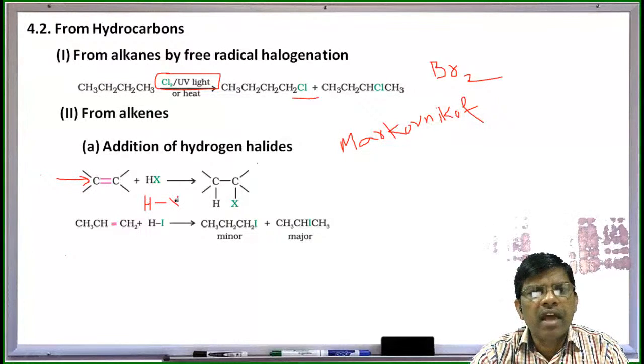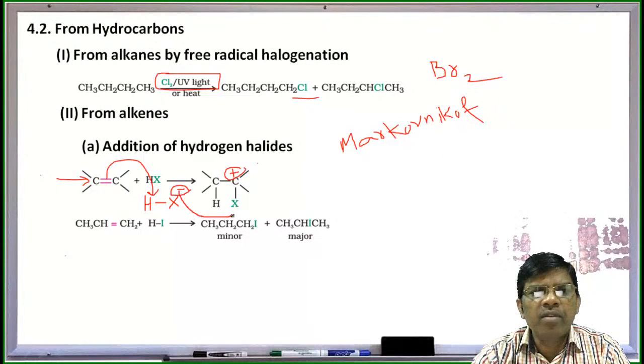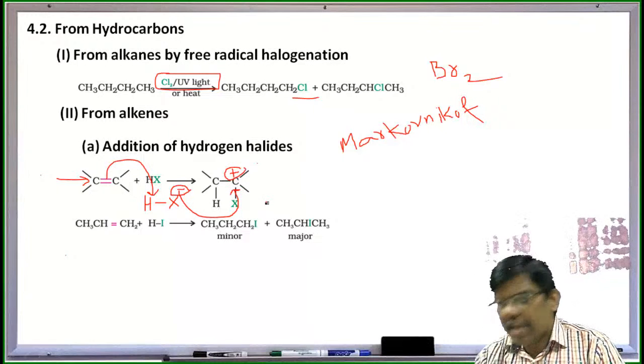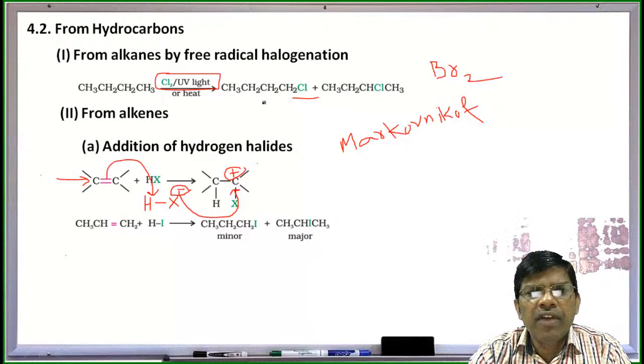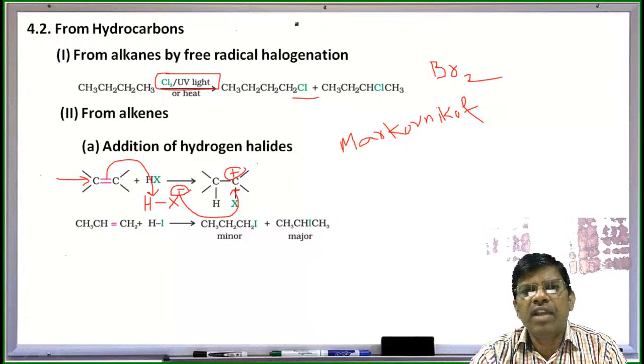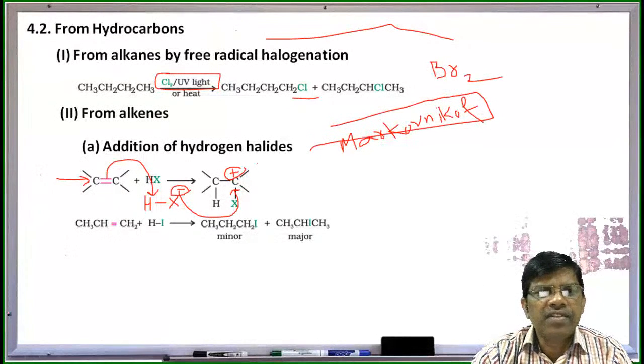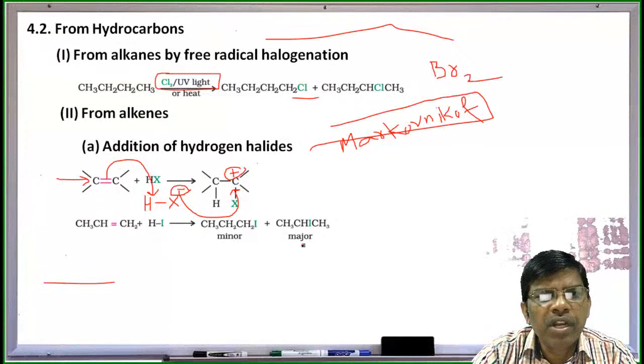whatever may be the X, either chlorine or bromine, it is going to add to H plus first to give, for example, this carbocation. This carbocation will be attacked by the nucleophile, right? So the nucleophile will attach. It is a Markovnikov's addition, where the nucleophile adds to the carbon which is less substituted, is known as Markovnikov's product, or Markovnikov's rule. Yes, students. So this is also very, very important when it comes to